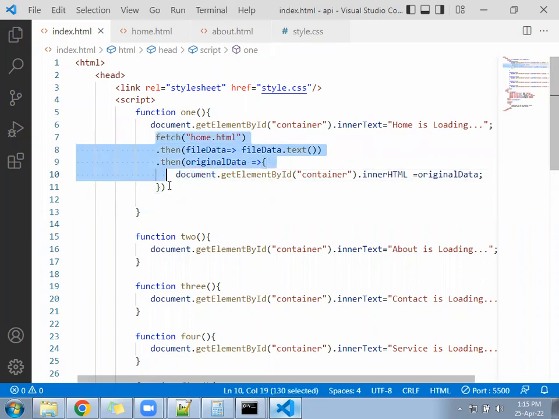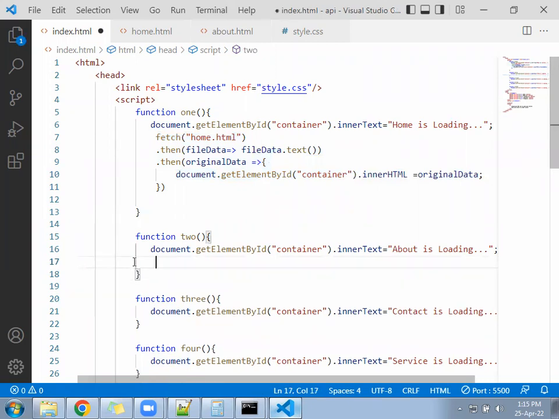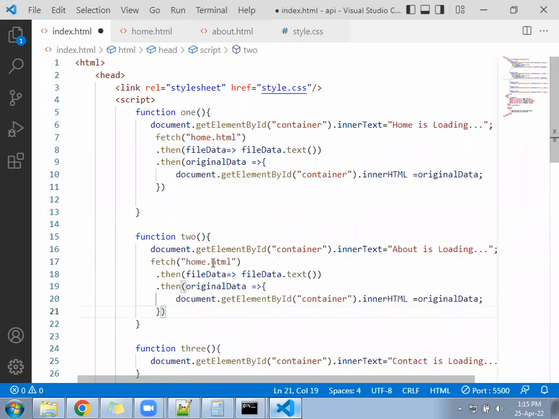Copy this section, paste here, and change the file name. Change the file name to about.html. Only change the file name, that's all. Now both buttons will work. Home will also work and